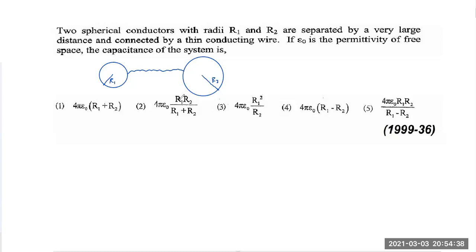Right. First thing you have to understand is, when you connect two spheres by a conducting wire, we know the electric potential will be equal. If it is V1 here and V2 there, V1 is going to be equal to V2. Why? Because connected by a wire. Right. They are talking about the system. So what you need to do is, you need to connect that to something else by two more wires like this.